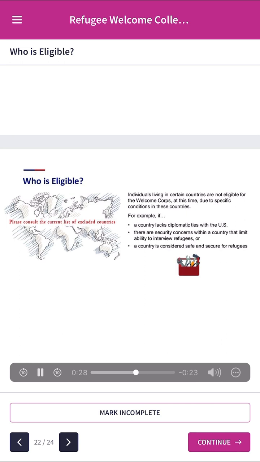For some countries, there are additional requirements based on what a refugee living there will need to get permission to exit the country. The U.S. Department of State assesses country conditions on a regular basis, and country categories are subject to change. Use the eligibility tool in the toolbox at the end of this training to determine how location impacts eligibility for the refugee you would like to apply for.